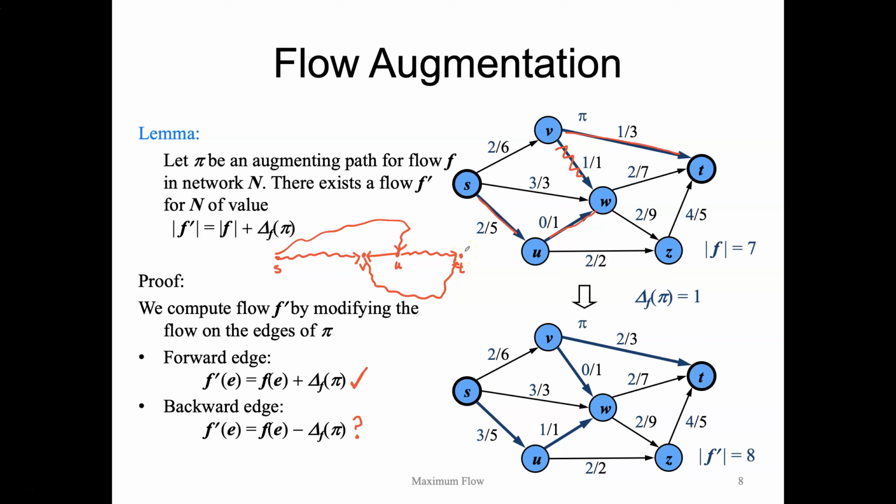Now by decreasing the flow sent from u to v along this edge, and increasing the flow along these edges where we have a forward path, in effect we're rerouting where we were sending the flow to u before. So before we were sending it from s to u, from u to v, and then from v to t. And now that we've increased the flow along all these forward edges, and we decrease the flow along this edge,